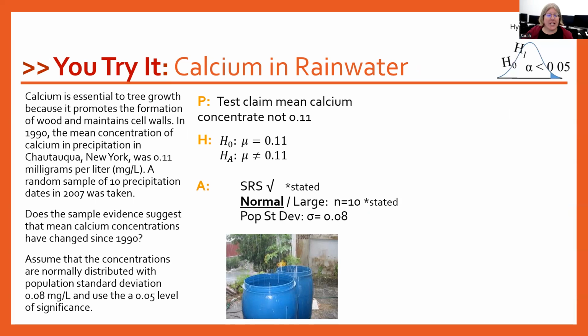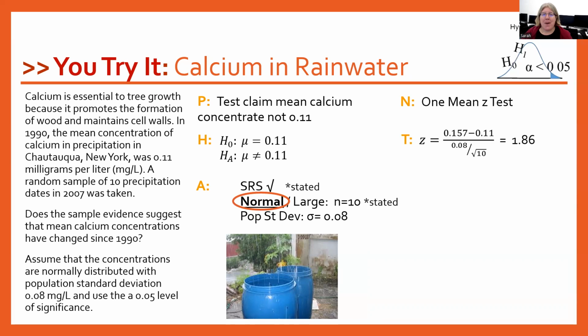Our assumptions and conditions. So it does say that we have a random sample, but our sample size is 10. So large isn't going to work here. But it does tell us that we can assume the concentrations are normally distributed. So normal is fair game, and that's stated here. And then our population standard deviation sigma is given to us as 0.08. So because my standard deviation comes from my population, that's what gives me a 1 mean Z, as in zebra,